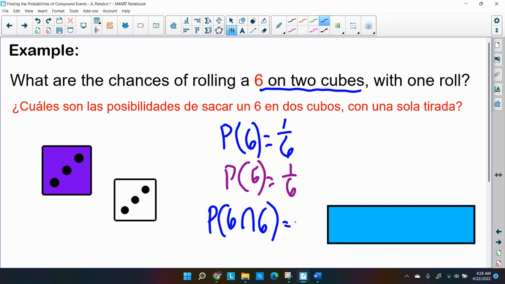So I want both of those. Well, wait a minute. I got to multiply the compound probabilities because I'm doing more than one thing. 1/6 times 1/6. I got to multiply that. 1 times 1, if you remember how to multiply fractions, is 1. 6 times 6 is 36. So I got a 1 out of 36 chance of getting